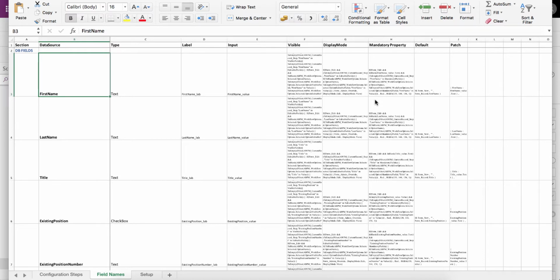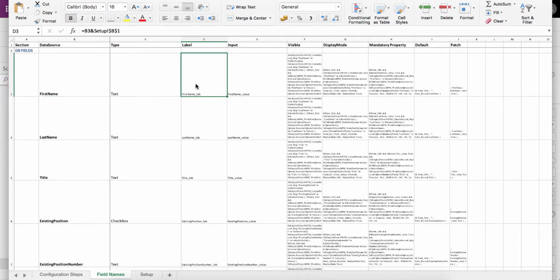Alright, so moving on to the data and the controls that we use to display and populate the data. We need to first show you an Excel spreadsheet that we've created that makes creating of these formulas a lot quicker, because you don't want to be typing a formula like this manually for each one of the controls. So what we've done is we created a spreadsheet that you type in the field names as per your spreadsheet, as per your data source, and then it doesn't matter whether you use SQL or SharePoint lists or Excel, it really doesn't matter. You go and specify your field or your column name in the data source, and then from